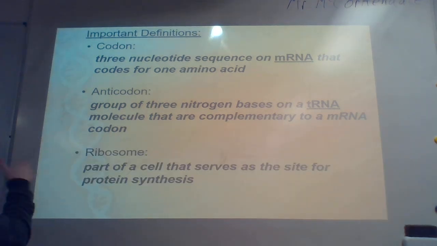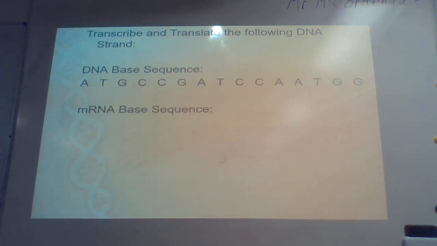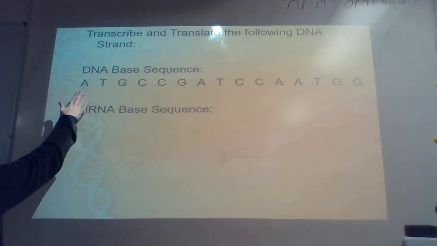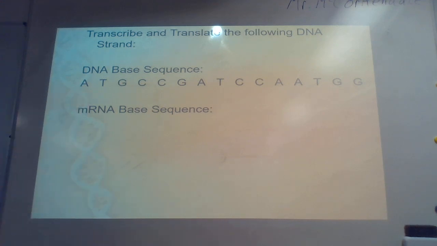Okay, and the last bit is the ribosome. Ribosomal RNA is where ribosomes are, where protein synthesis actually takes place, at least the translation portion. So let's practice. If we have the DNA-based sequence AT, CG, CG, AT, CC, AA, T, GG,